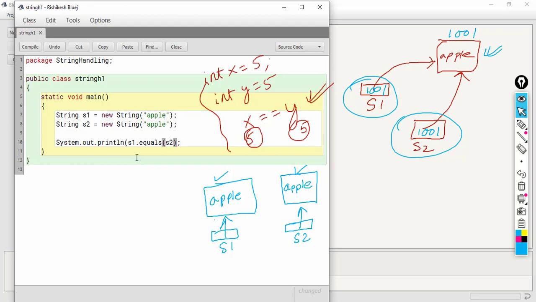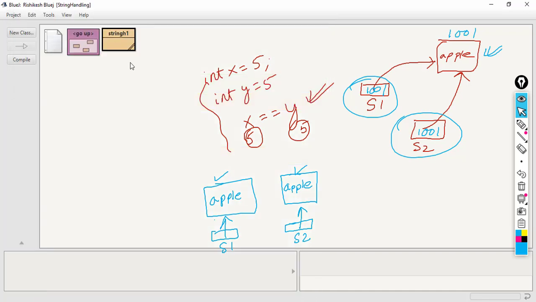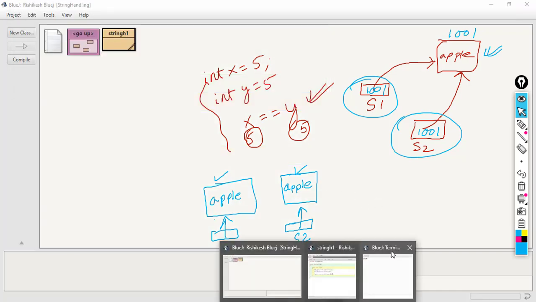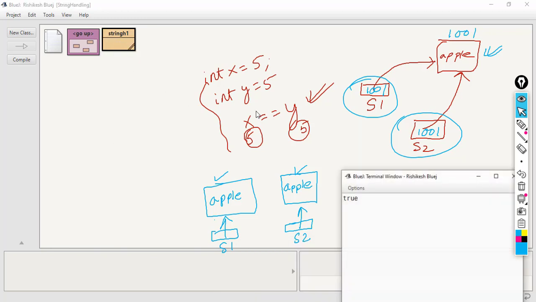So this time when I use S1 dot equals S2, the output will be true because both are storing the string apple. So here you can see the values are same, apple, so it's giving me true.